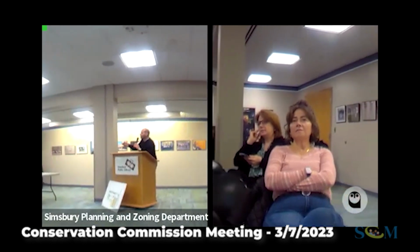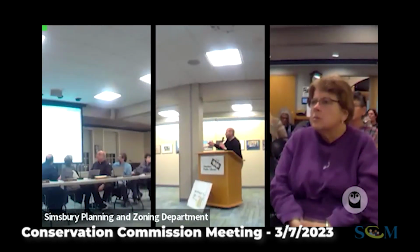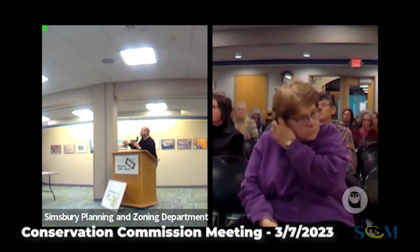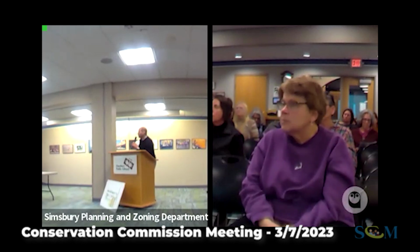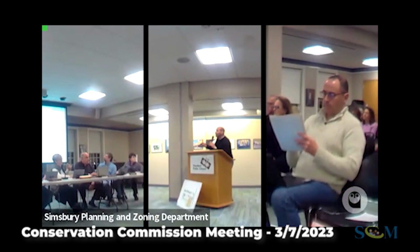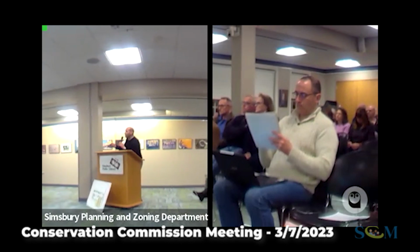All of those things are done for two reasons. One, obviously, to integrate the property. The other thing is that it blocks out the lights associated with all of the cars. As cars pull in, the lights obviously go off, but this will screen out the cars. So along that edge, there's going to be native grasses, all native grasses? Yeah, there's native grasses, a mix of